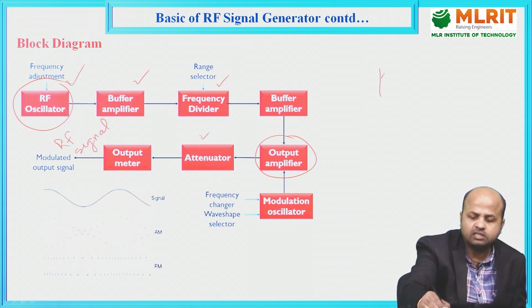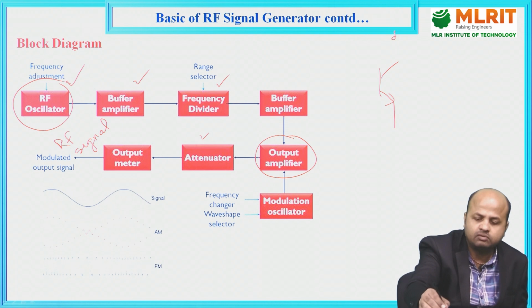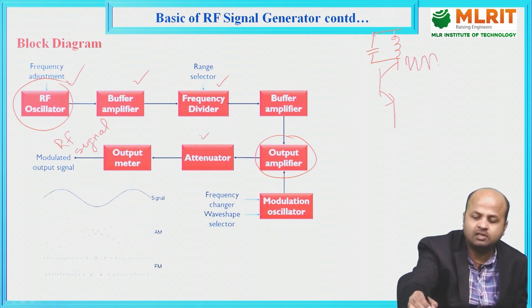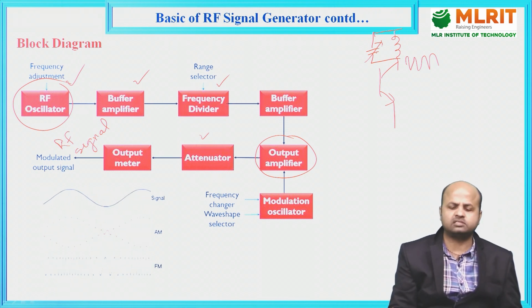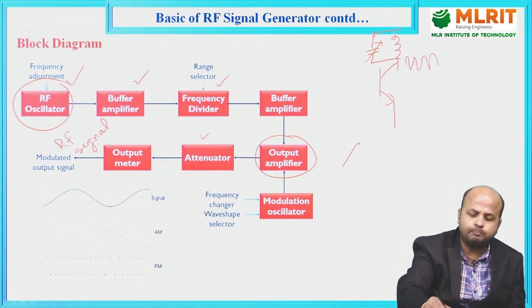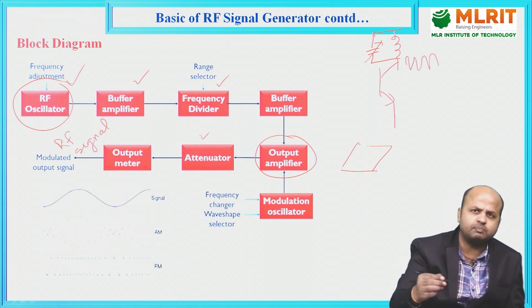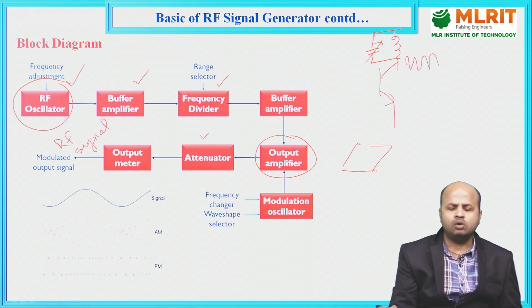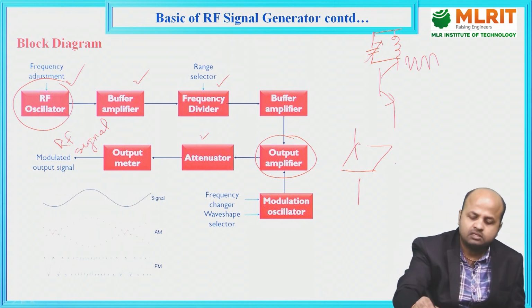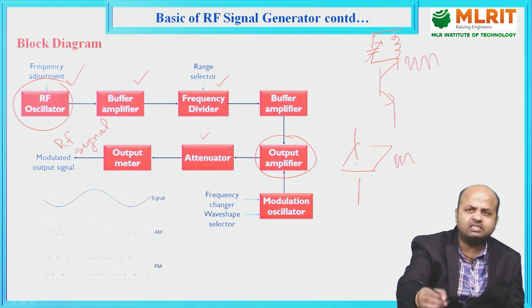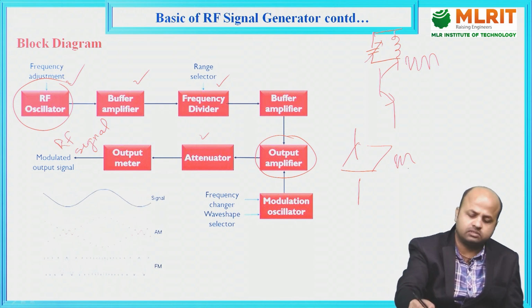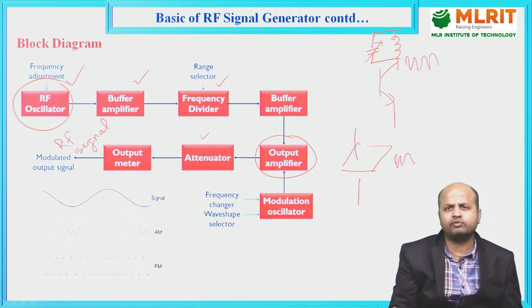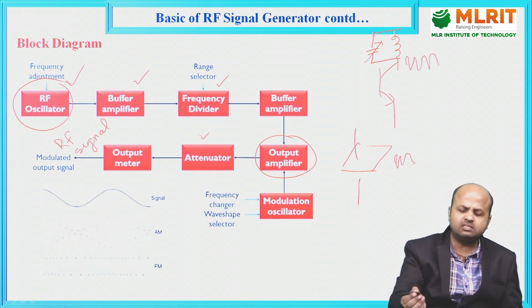We can construct the RF oscillator based on a transistor circuit with an LC circuit. This circuit produces an RF signal, and the frequency of this RF signal can be adjusted by varying the capacitance of the LC circuit. Another method is by using a piezoelectric material. Piezoelectric material is a naturally occurring material which has the capability to generate signals. It can generate an electrical signal when some mechanical force is applied, and the signal is again converted to mechanical force. This process takes place continuously.